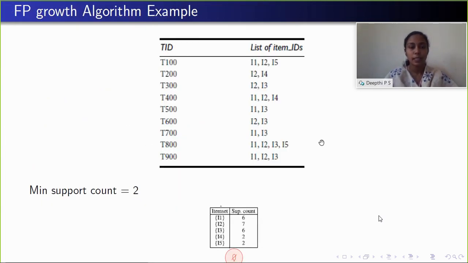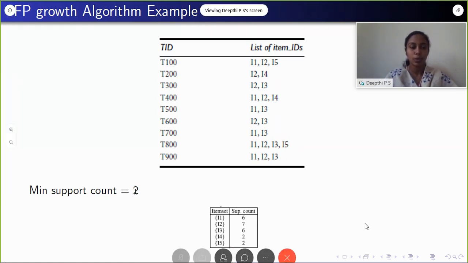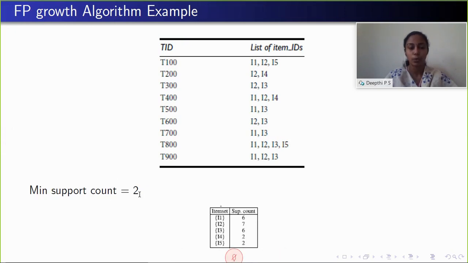So this is the transaction we had in the Apriori algorithm also. The same example: we have 9 transactions, and these are the transaction IDs and these are the item IDs. So these are the items in each transaction. Instead of listing out the names of items, we are just using the item ID. We are considering the minimum support count as 2, that is, the items that satisfy the minimum support count 2 should be considered as frequent item sets. So this is what we are given: the set of transactions and the minimum support count.